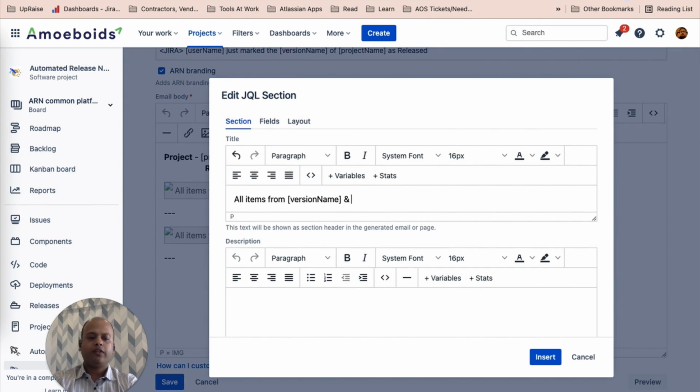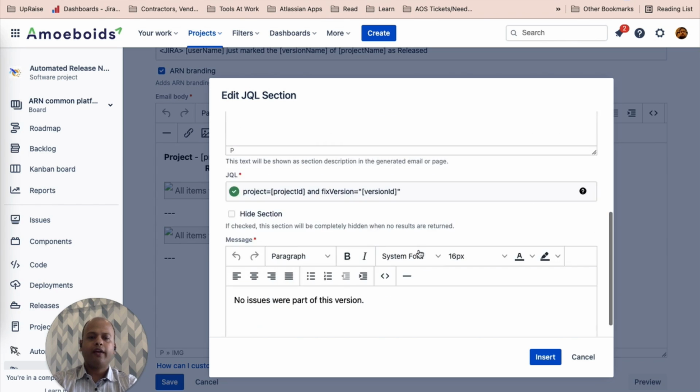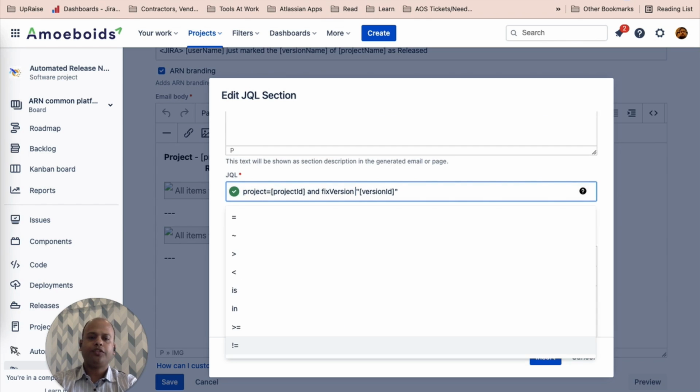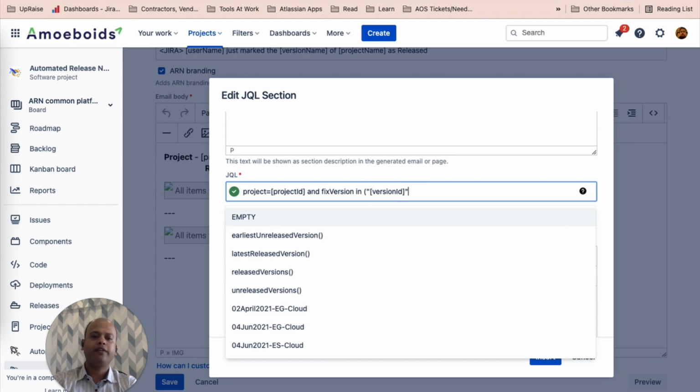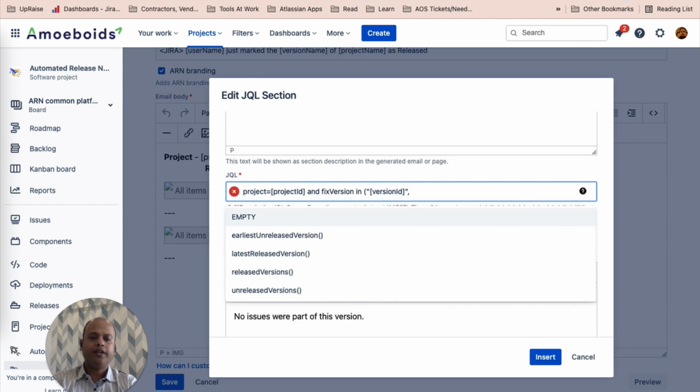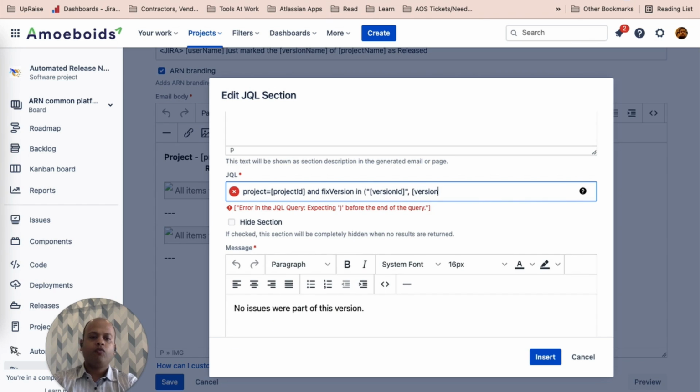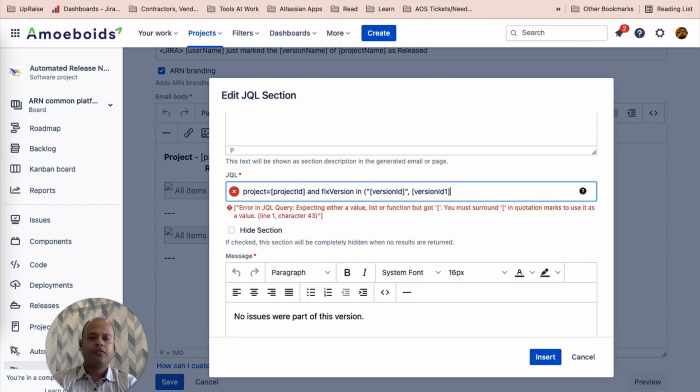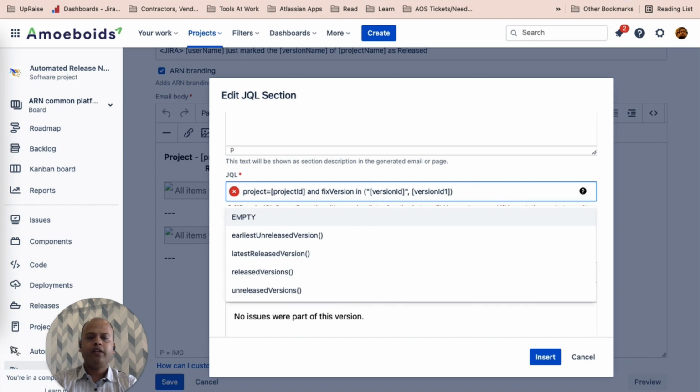Let's call this name 1, and in the JQL I'm going to make a minor change. So I'll call this in version ID and version ID 1. So this should work just fine.